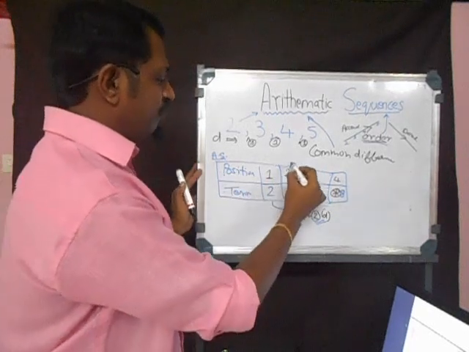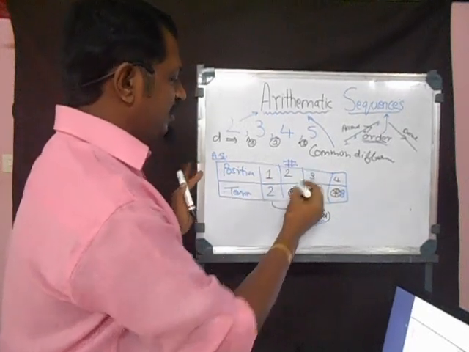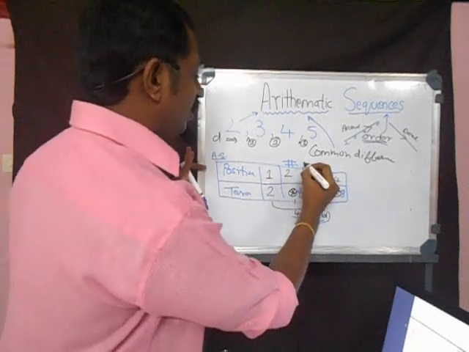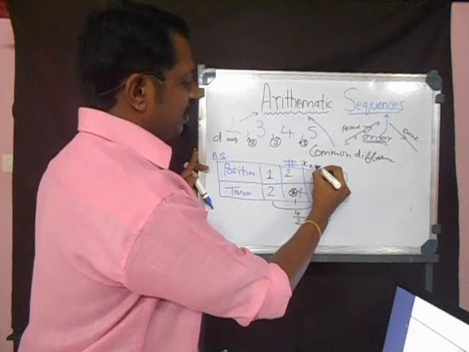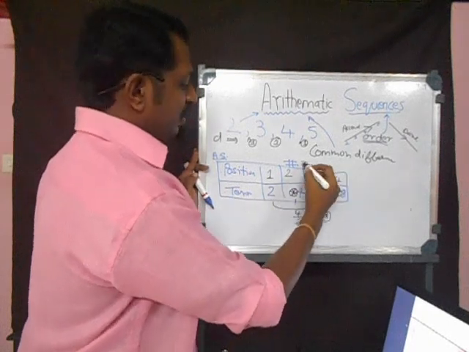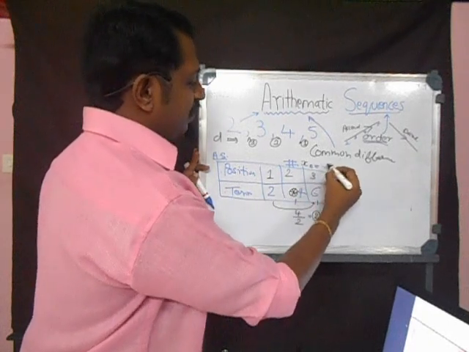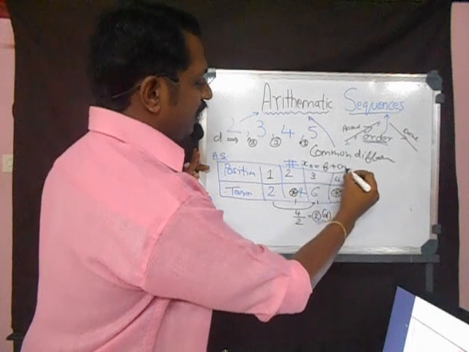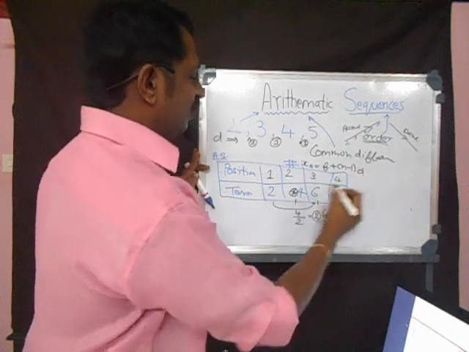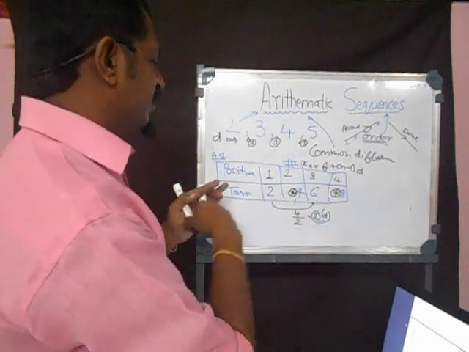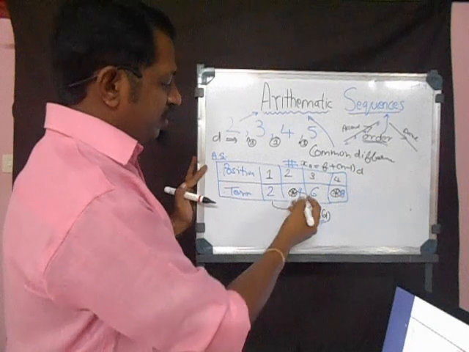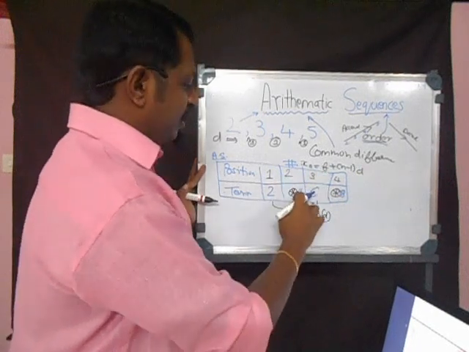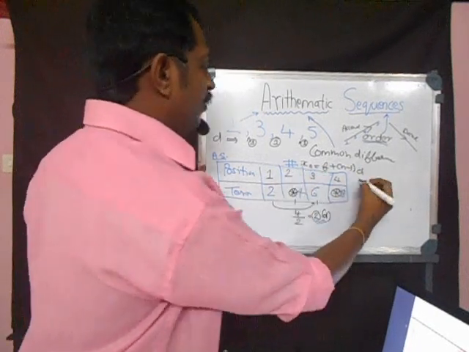But at the same time we can find it through one formula. Let's check the formula. What is the formula? Formula for xn. xn means n is the nth position where it should be, the term. So xn equals first term plus n minus 1 times the common difference. Let's use this formula and solve this. We want the term for the second one. Right now it is written there, but if we do not have the term there, let's see what we can get from the formula.